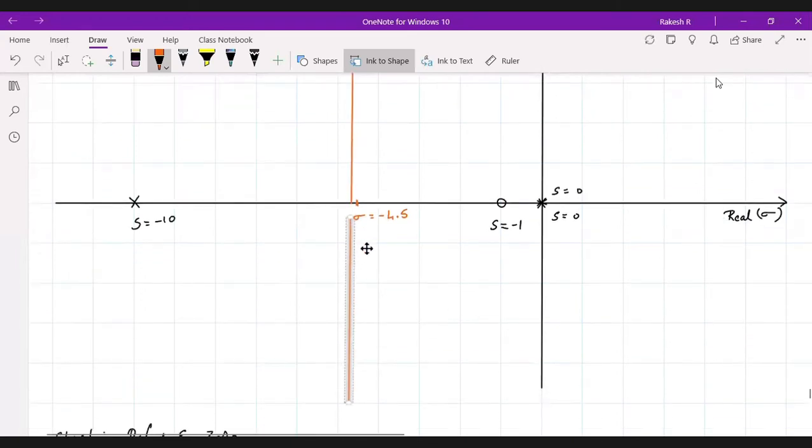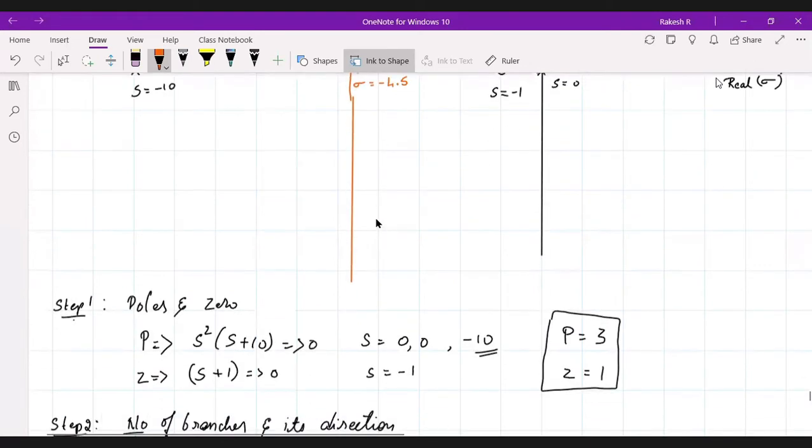Right, we got two, that is 270 and 90 degree here. We'll draw a line straight like this. Okay, we got two, that is 90 degree and 270 degree. Right. Now after this, what we need to do?